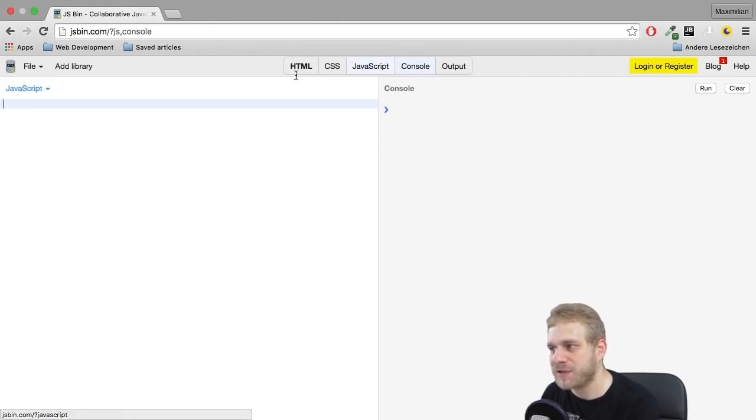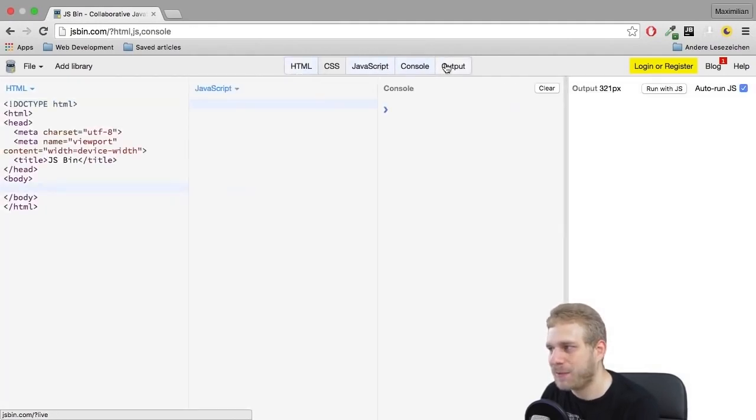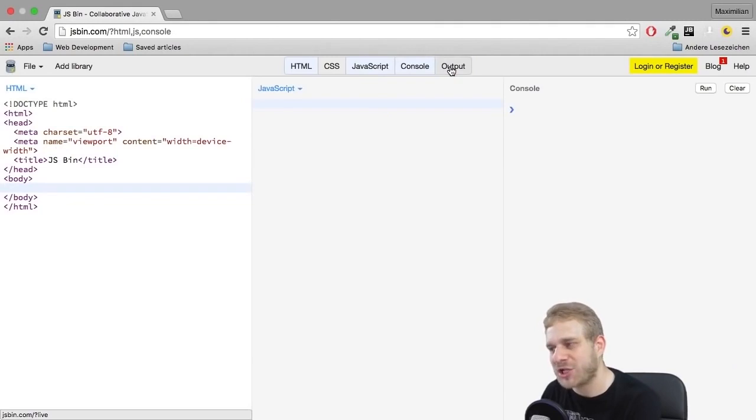Now from time to time I'll also use some HTML code and possibly the output, but what this page allows you to do basically is to write a simple JavaScript HTML program and see it run immediately. Therefore, we don't have any problems with setting up our workspace or having to write redundant code, which isn't really the topic at hand. That being said, of course, I have a separate module about setting up a workflow and